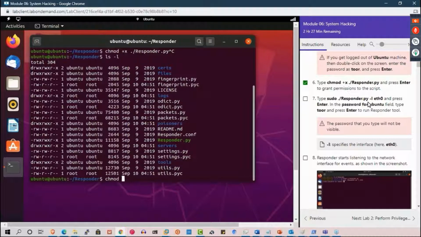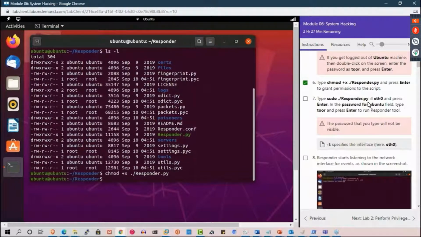And plus X /. Yeah, make sure I typed in everything correctly. It's hard to see from here. So it looks like it worked. Now what we want to do is tell Responder